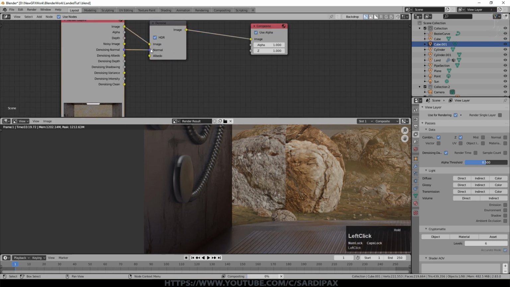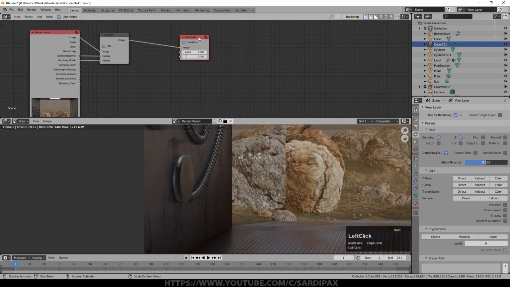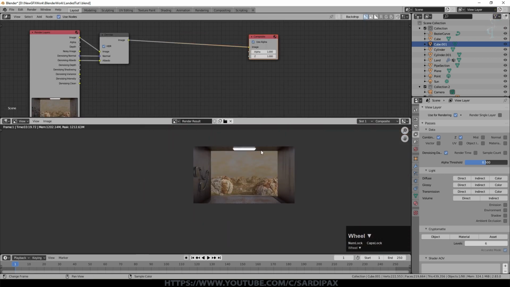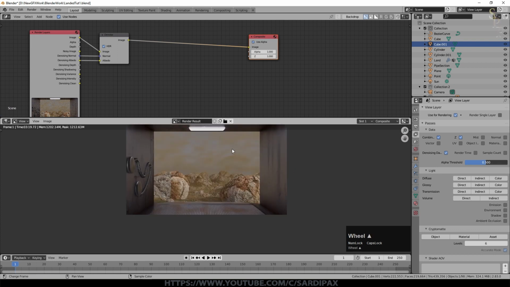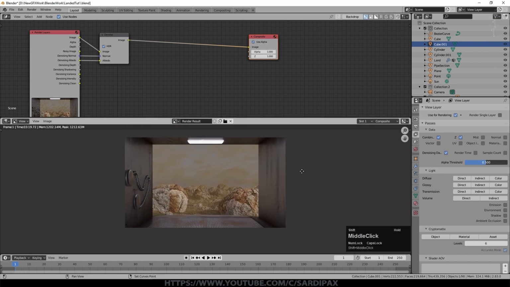So we can take into there the normal and the albedo. So this is just extra information that helps the denoise node to work more effectively and to not lose data such as fine detail of geometry and so on. So we'll see what that comes out like in a moment. But first of all, we're just going to add something which adds a little bit of drama to the scene, makes it a little more interesting.